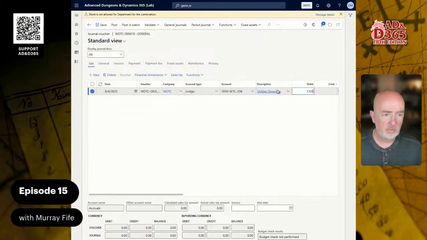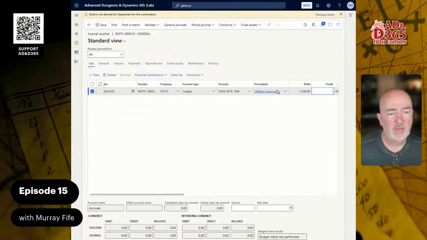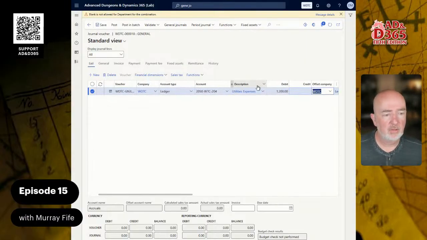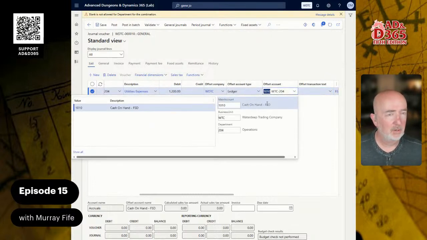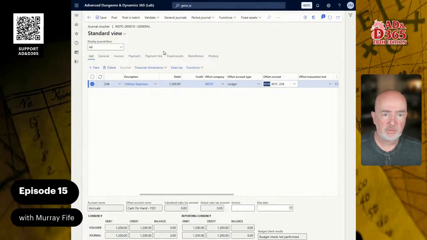So what I did is I assigned the account, the business unit, and the account that this is associated with. And then the offset account is going to be our coin on hand, or our cash on hand, in Faerûn's standard dollars. So now that I've saved this,